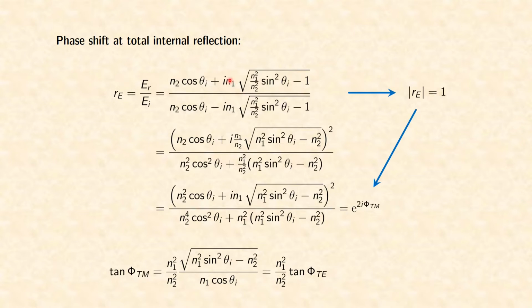And of course, we see that now in the numerator and denominator of this fraction, we have the same complex number, but in complex conjugate form, which means again that the magnitude of this factor is 1,